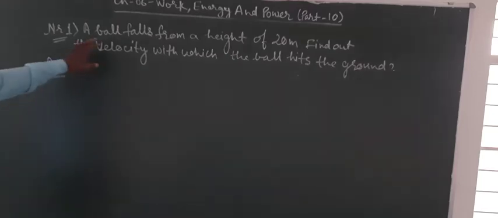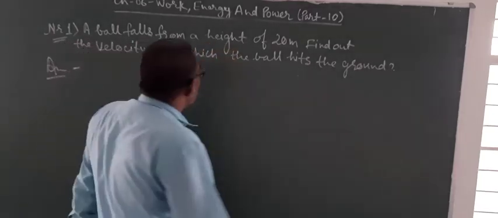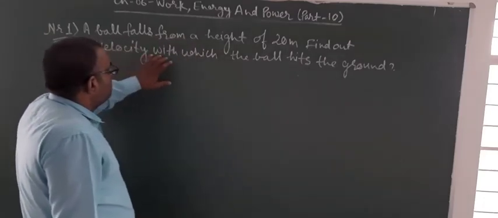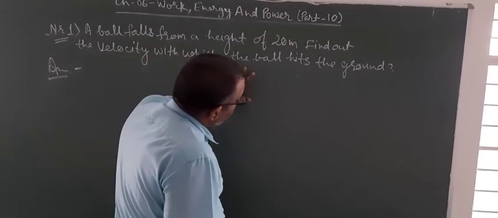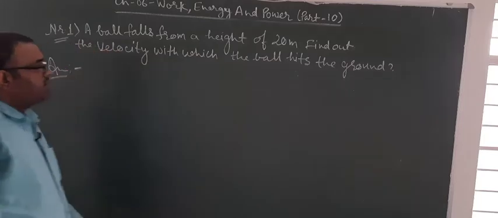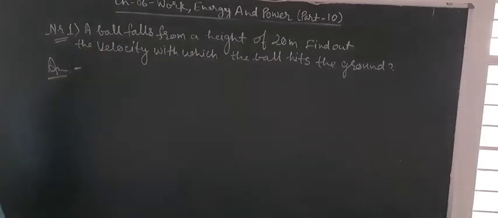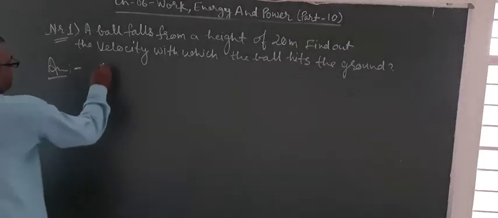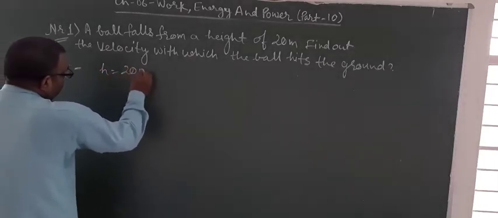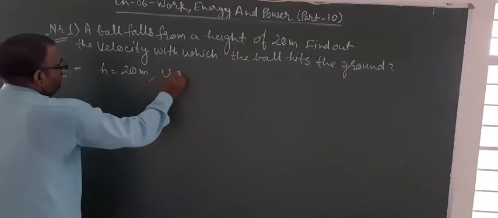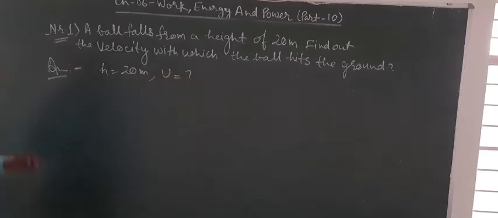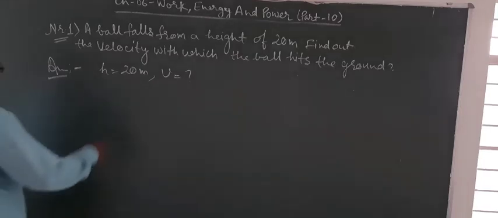A ball falls from a height of 20 meter. Find the velocity with which the ball hits the ground. Very simple question. Height h is equal to 20 meter and you have to find the velocity. So when it hits the ground,